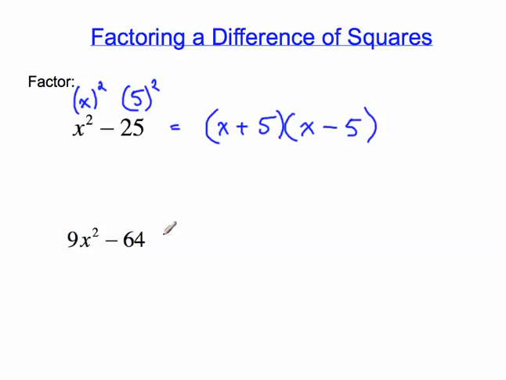Let's look at a slightly more challenging example. Now we've got 9x squared as our first term, 64 as our second, and a minus sign in between them. Two perfect squares and a minus sign, so we can factor them as a difference of squares. Now, 9x squared is 3x all squared. So the positive square root of that is 3x, and the positive square root of this one, 64,